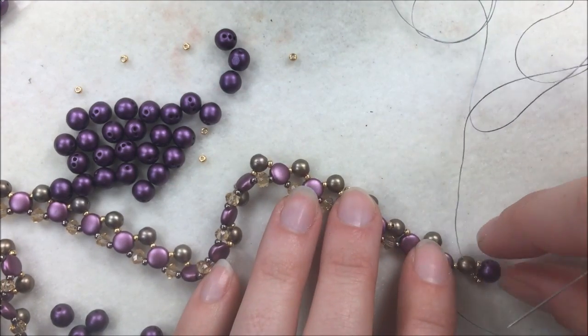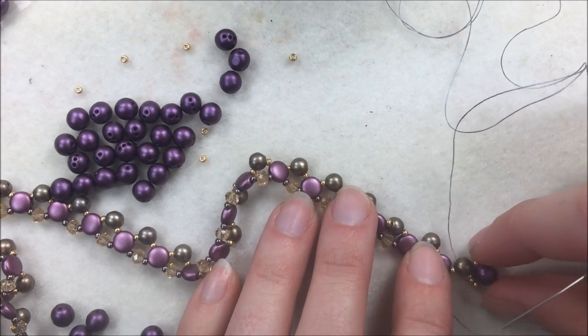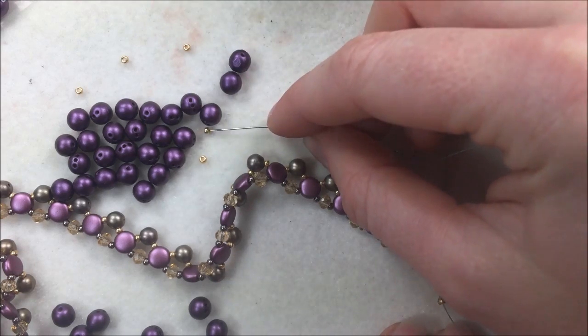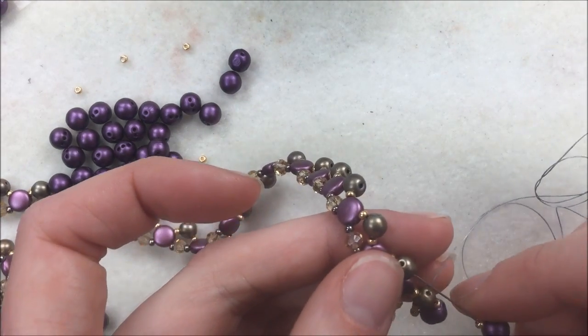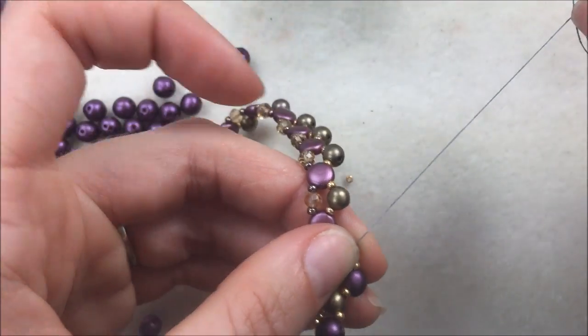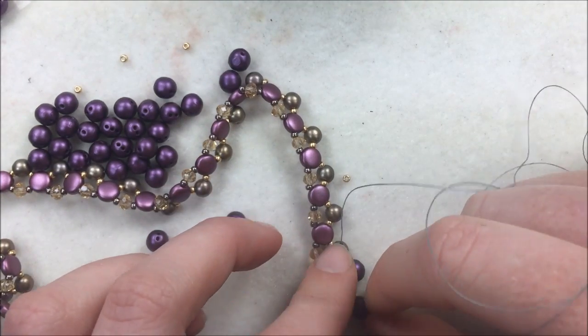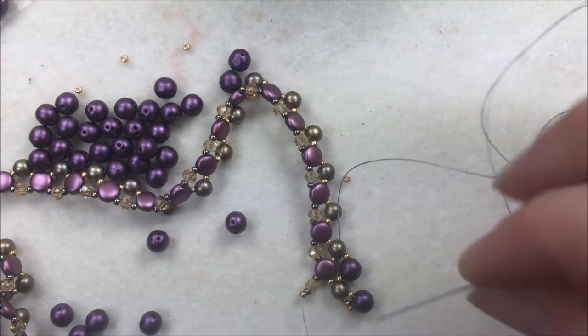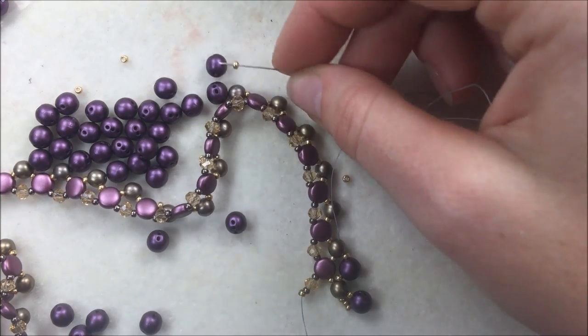Next, I'm going to continue adding my RounTrios by adding an 11-0, RounTrio, 11-0, and sewing through the next RounDuo in line. Our thread turned around and we're going now from one direction to the other. And you can see kind of how those sit there on the end. I'm just going to continue adding my beads